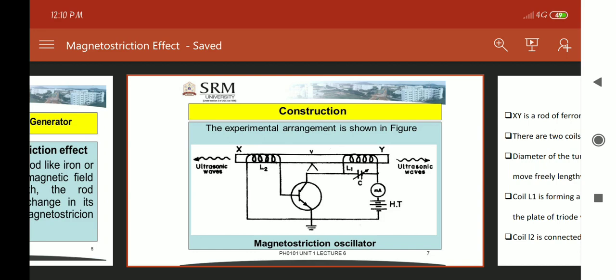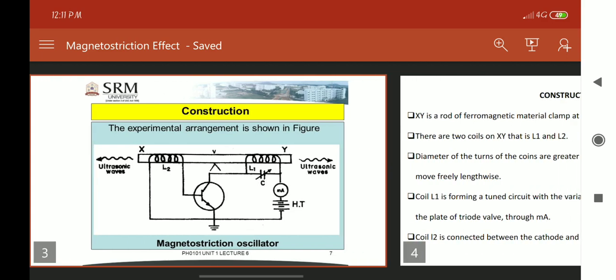By using this method, we can produce ultrasonic waves having a frequency of 250 kilohertz. When the oscillatory frequency matches the frequency of the rod, then and only then resonance occurs and produces the maximum amplitude.